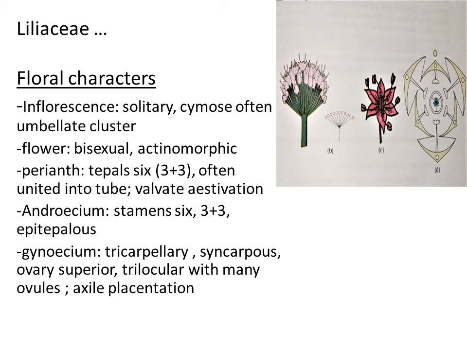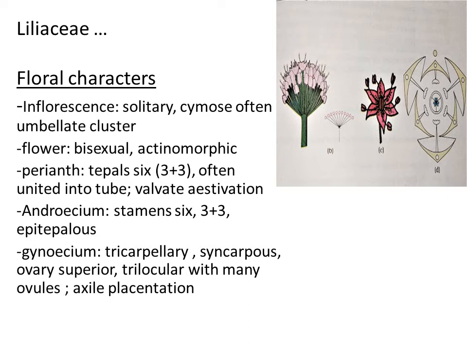So these are the characteristic features of gynoecium in the flower. Understood? So we have studied the floral characteristic feature. So flower is a bisexual flower and it is showing actinomorphic symmetry. Then the flower does not consist of calyx and corolla. It is having perianth, right? So there are 6 tepals present. They are united to form a tube-like structure. And the kind of estivation of perianth is valvate estivation. And androecium consists of 6 stamens and they are showing epitepalous condition. And gynoecium is tricarpellary, syncarpous and showing axial placentation with superior ovary, right?